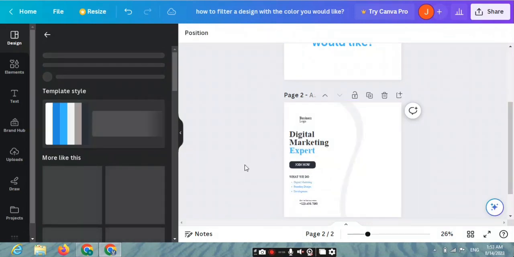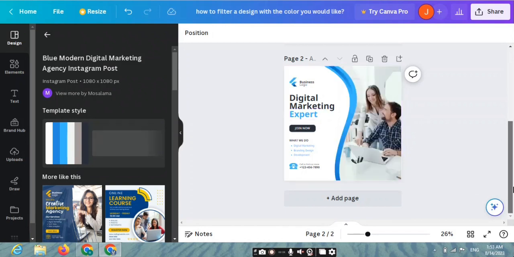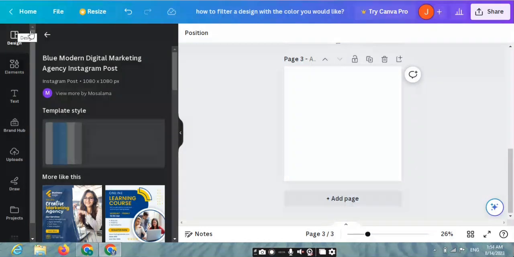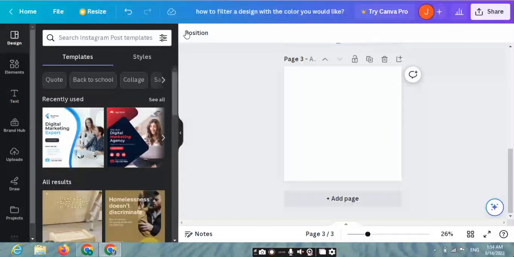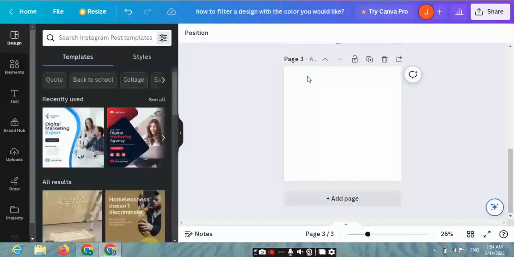And there is another way, a simple process, simpler than what I showed you. Click on design icon, then click on filter. This way no need for color codes. Okay, so click on filter icon,